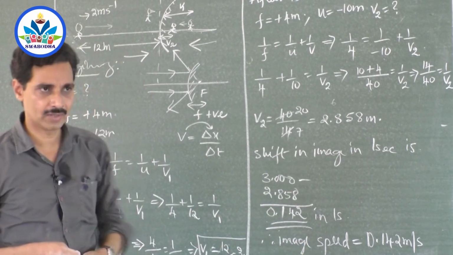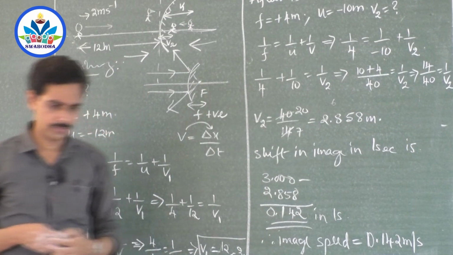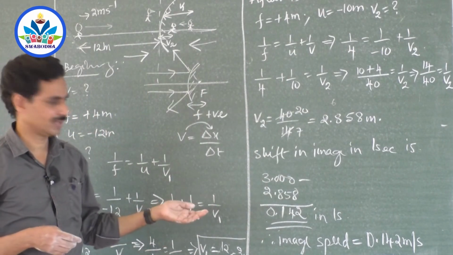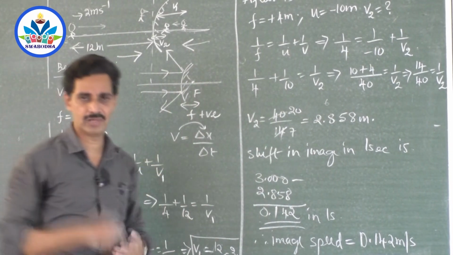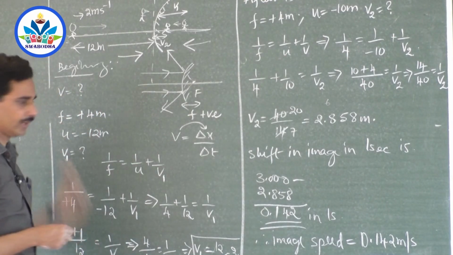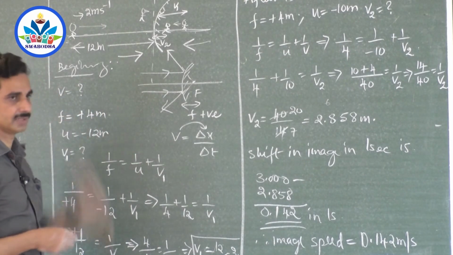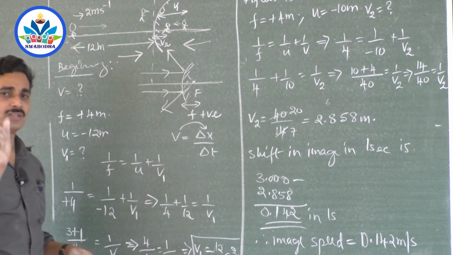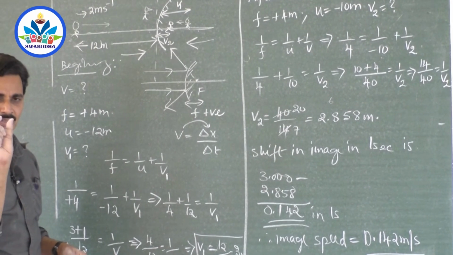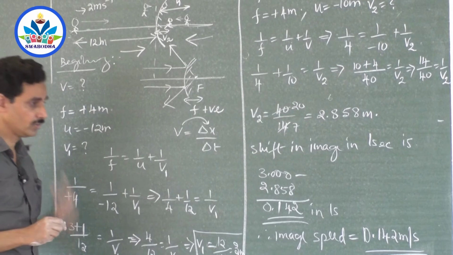So how to get the accurate answer? But this method is not very much wrong. It is very close to the answer. You can follow this. The correct method is differentiation. You differentiate the equation and get the answer, because it goes for very small intervals where the variation is not very much. So how to do that?